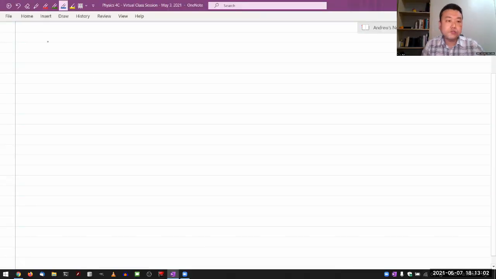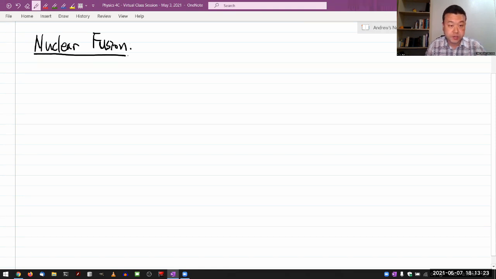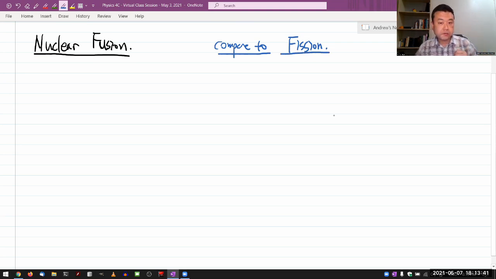When we are talking about nuclear fusion, we are, in some sense, talking of an opposite process from fission. As we consider nuclear fusion, I think it is good to contrast it with the nuclear fission that you have seen. In the case of fission, the reaction is a separation of a heavy atomic nucleus. The example you see in the textbook and in the lecture is a fission of